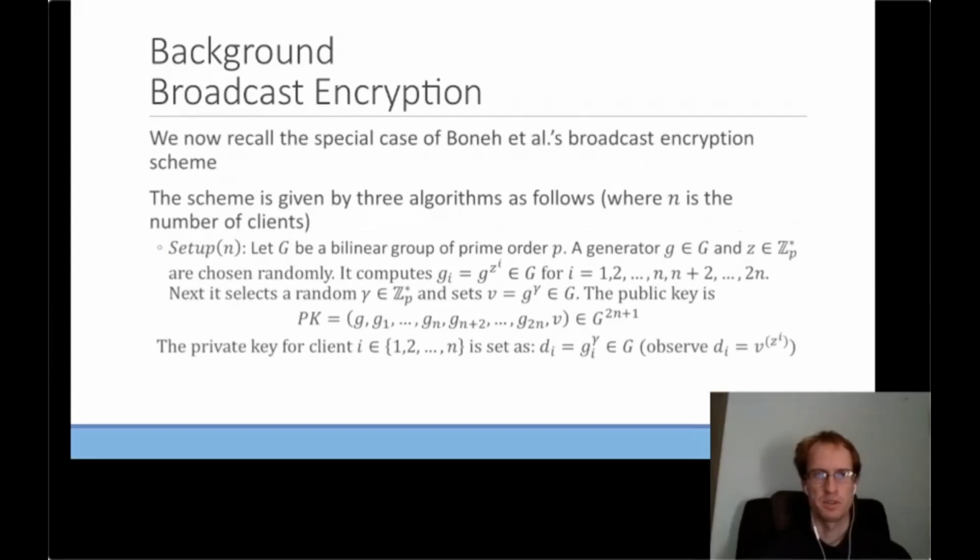We now recall the special case of Boneh et al.'s broadcast encryption scheme. The scheme is given by 3 algorithms as follows, where n is the number of clients. Basically it computes g_i as g to the power z to the power i for some integer z, and publishes all this information, including v, which is g to the power gamma. The private key for each client is g_i to the power gamma, and we observe that d_i is also equal to v to the power z to the power